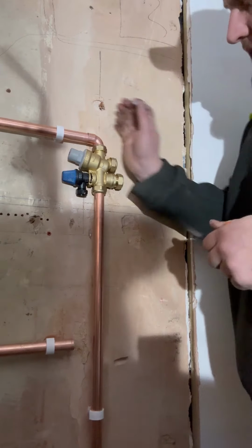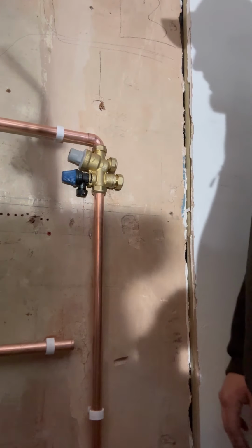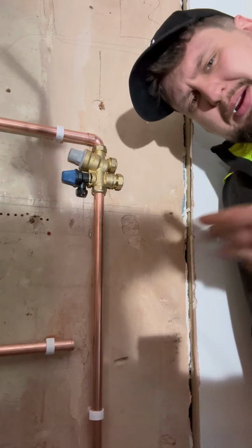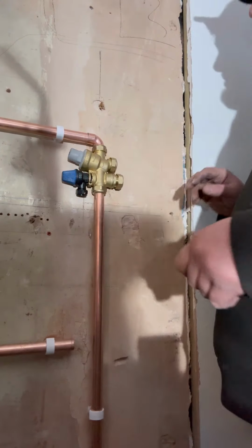So there we go. I think they're just neater if you're not going to be using the balanced. And if you're going, oh, why didn't you do the balance to the bath? You come round, you do it. Okay? You come round, you do it. Right, so we need to do the hot for the cylinder